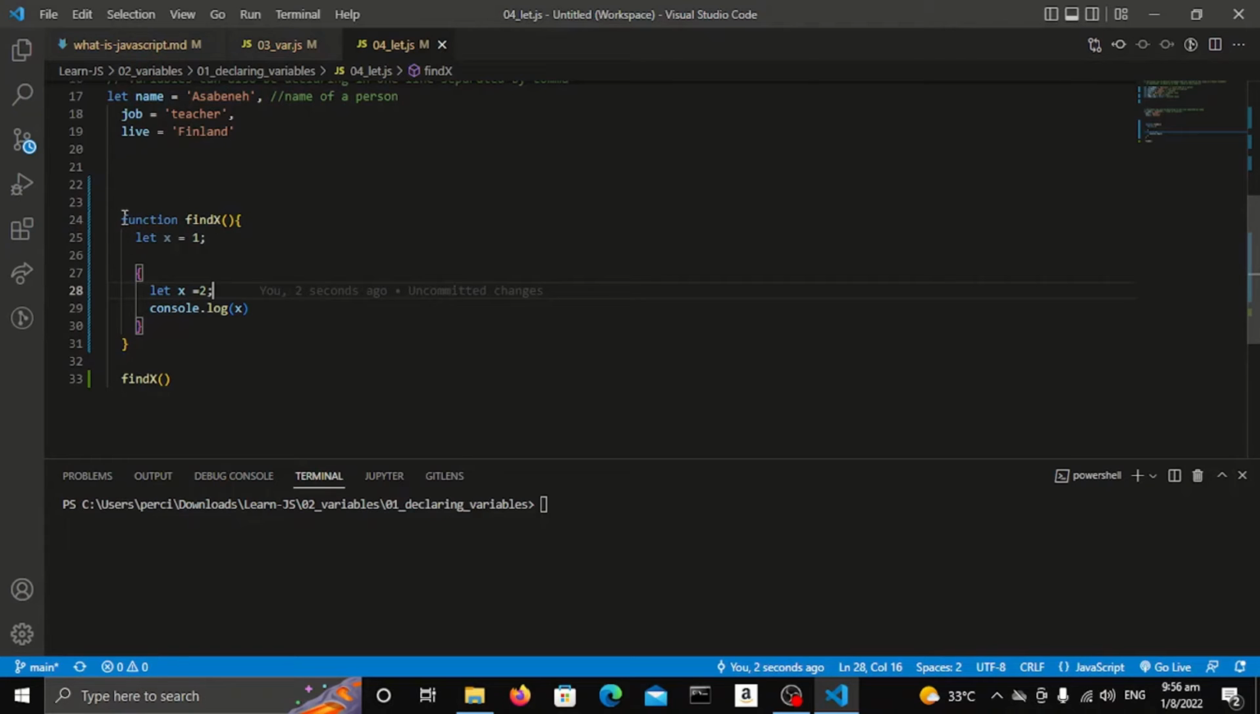So we have a function, find x, and in that function we've declared x to be 1, and then I have another parentheses open, and within this we have let x equal 2. Now the scope